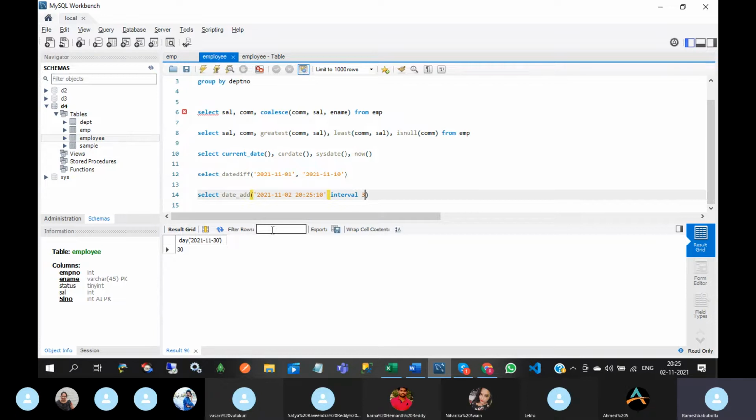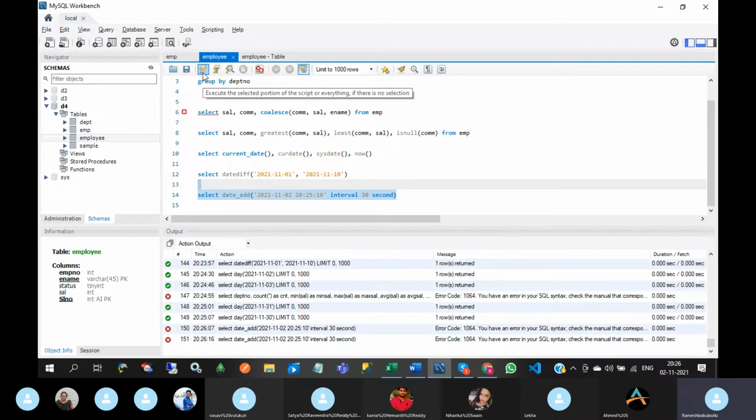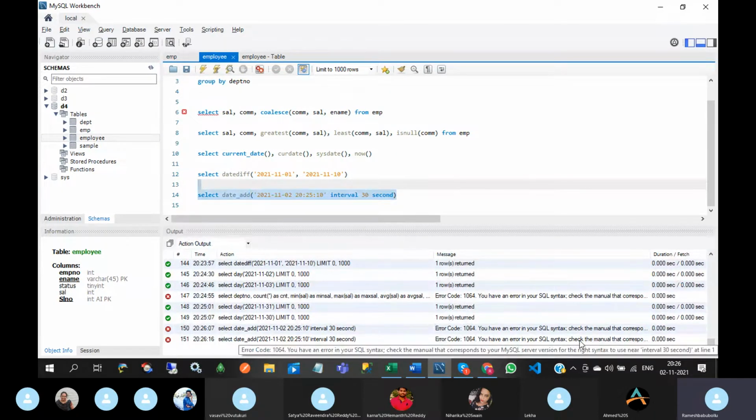I want to add 30 seconds, and here you need to give the unit name, whether the 30 means seconds or minutes.